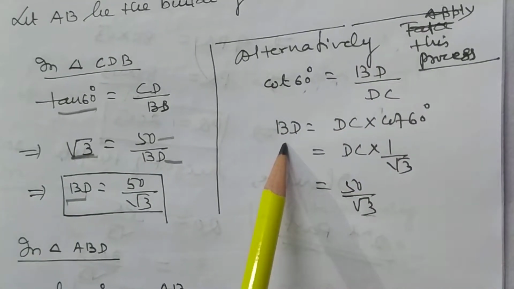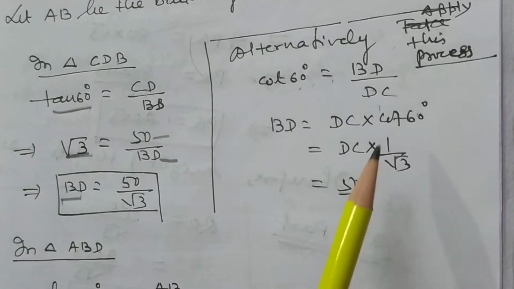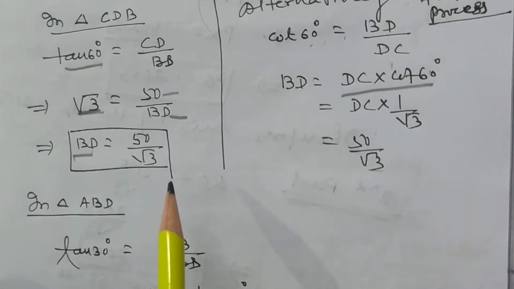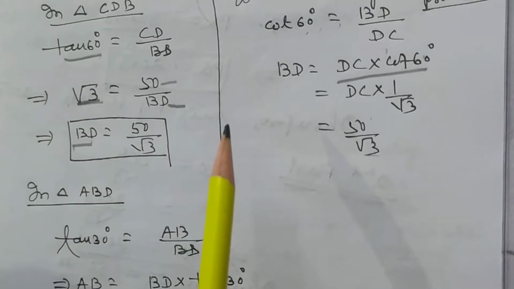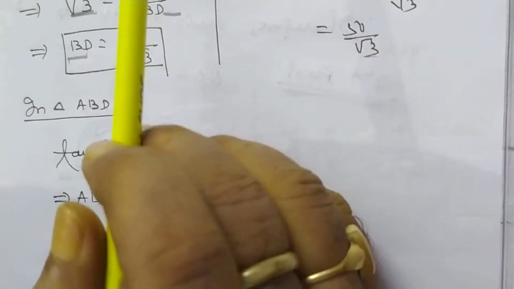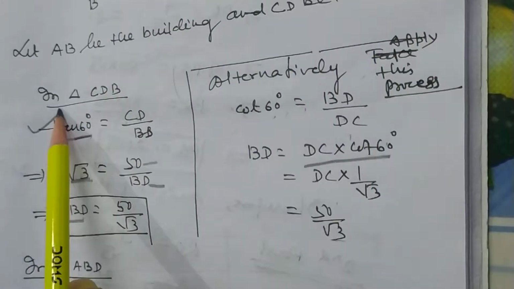So BD is equal to DC into cot 60. Both values are equal, but here we get it by multiplication. My dear students, so this is the difference. Mostly when you go through the books, this method